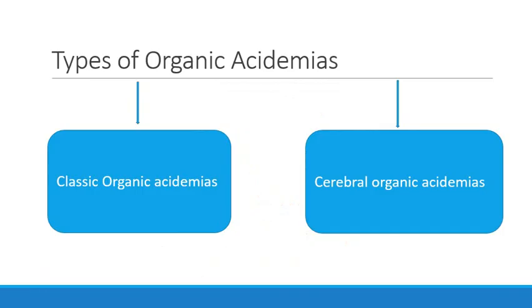Organic acidemias are classified into two big categories: what we call classic organic acidemia, and cerebral organic acidemia. The hallmark of classic organic acidemia is a metabolic acidosis with an increased anion gap, so it does not pose a great challenge in its diagnosis. But what poses a great challenge in diagnosis is the cerebral organic acidemia, because they present with a neurodegenerative